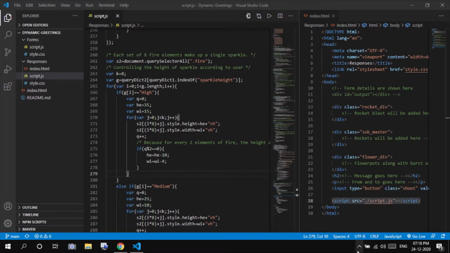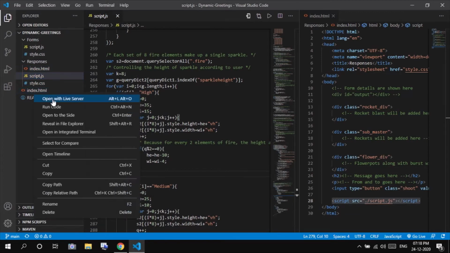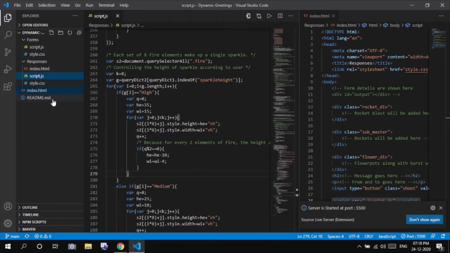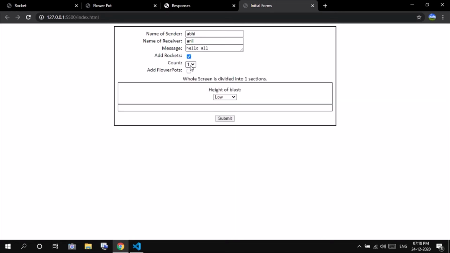So yeah, let me explain the code, and let me first open this with my live server. Yeah, the form has opened. Writing some example names and let me add some rockets. First I will be explaining with the rockets and then you will understand how flower pots work too. Let me write 4. Let the heights be medium, high and then high. Once I press submit,